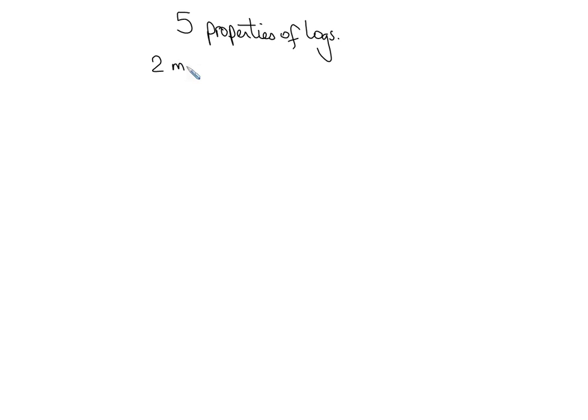We have 2 minor ones, 3 major ones. We're going to talk about the 2 minor ones only today. Major ones we'll do on Monday. The 2 minor properties, property number 1 says that if you have a logarithm